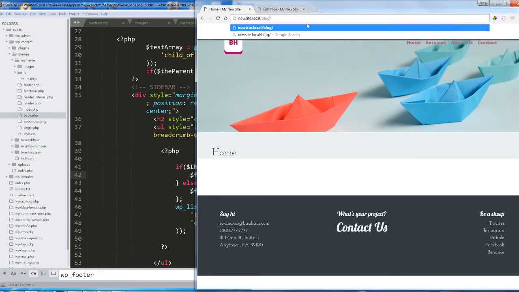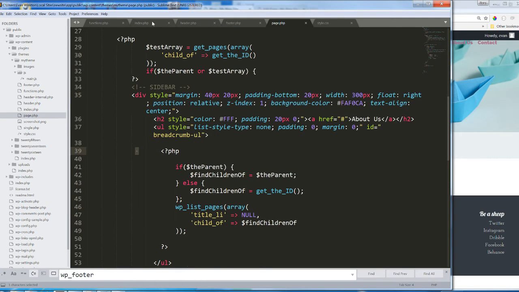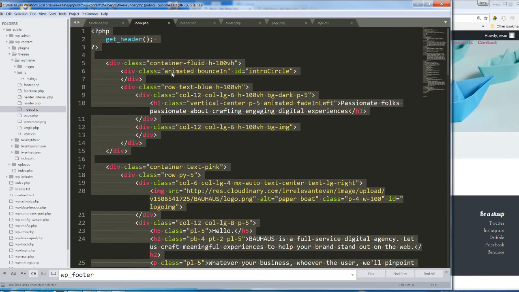But what happens if I load blog? Same thing. Okay. Now what we're going to want to do is actually change the architecture of our files here. So we're going to actually have index power our blog page and have a new file called frontpage.php power our static home page. Okay, so I'm going to copy all the content of index,